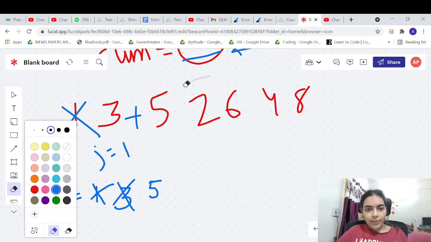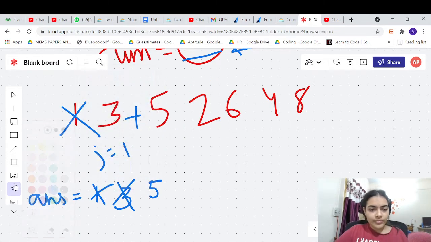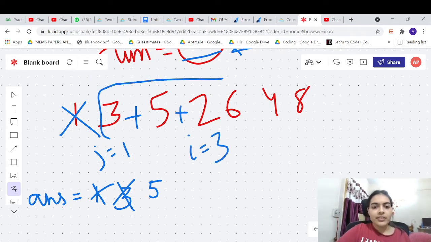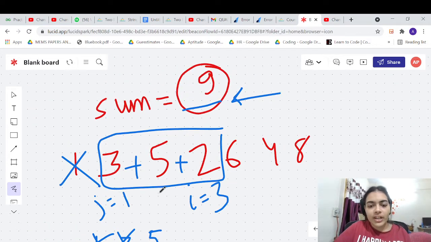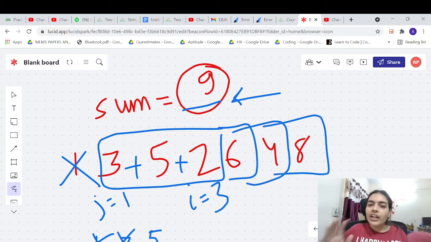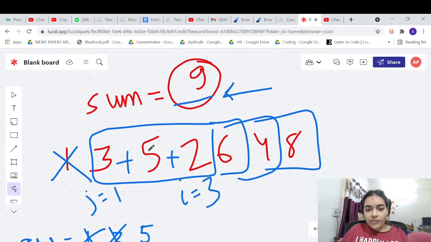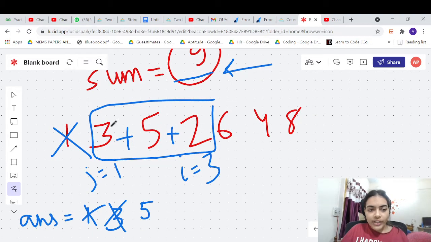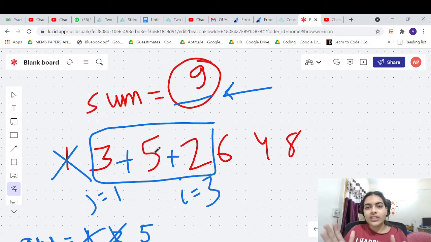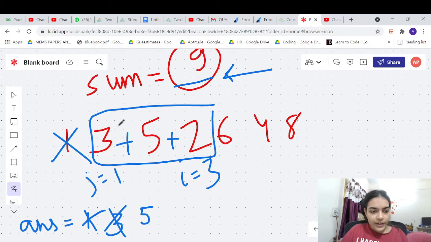Now let's try to pick up the next element. Now let's move our I to 3. So in this case, 3 plus 5 is 8, 8 plus 2 is 10... actually 3 plus 5 is 7, 7 plus 2 is 9. Now again you are crossing the threshold, right? If you are crossing the threshold here, by increasing elements you are definitely going to cross the threshold. If already your sum is exceeding, if you simply keep increasing elements, your sum will definitely exceed. So it's useless, right? So what we have to do is remove elements. Once you have crossed the threshold, you have to remove elements. So we will remove this element.